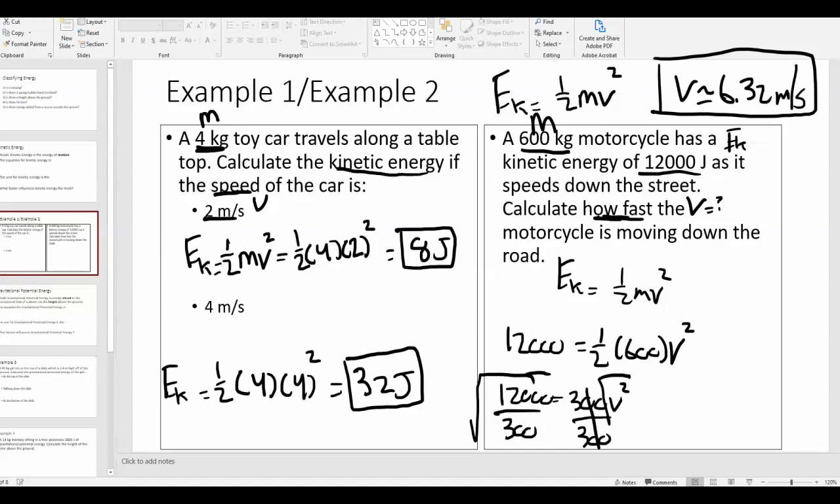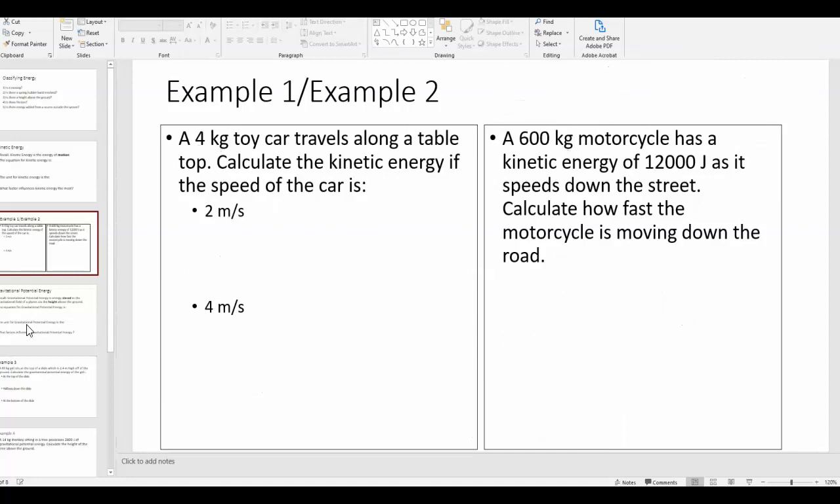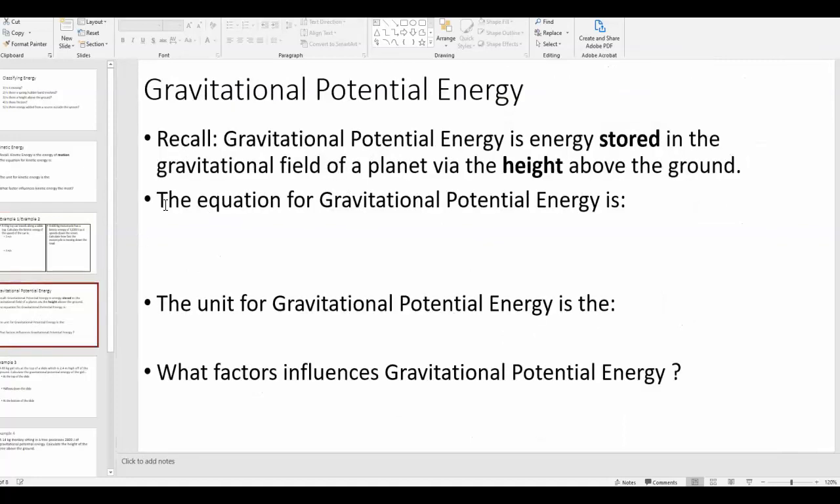Okay. Now, so that's it for kinetic energy. Gravitational potential energy also has an equation associated with it. So just remember that gravitational potential energy is energy that's stored in an object based off of its height above the ground. Now, the equation for gravitational potential energy is this: Eg equals mgh,